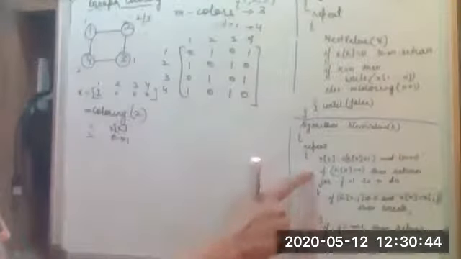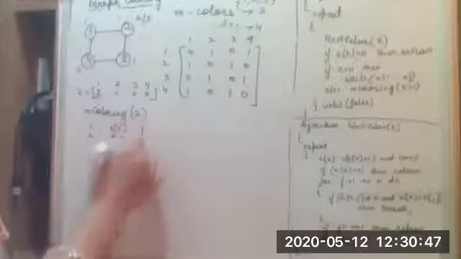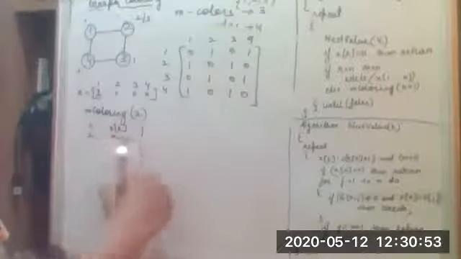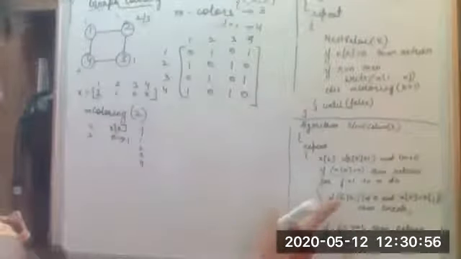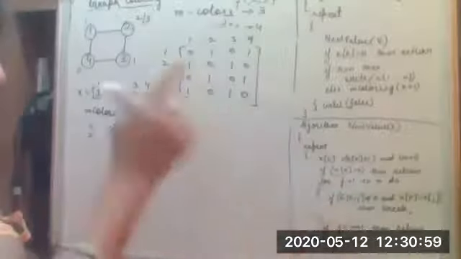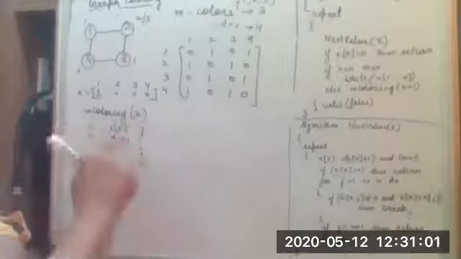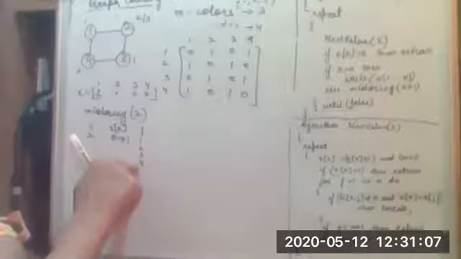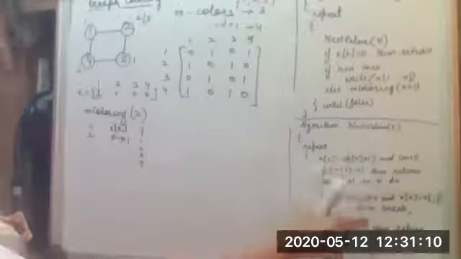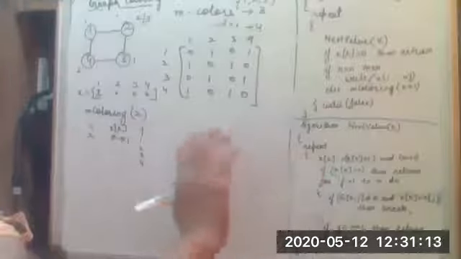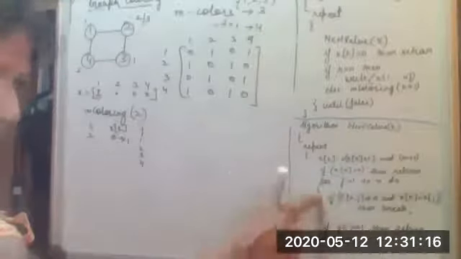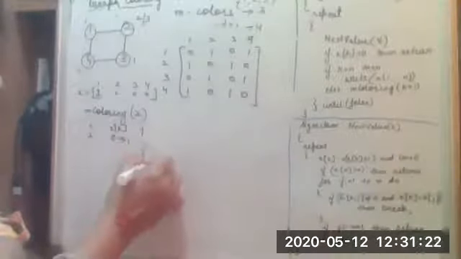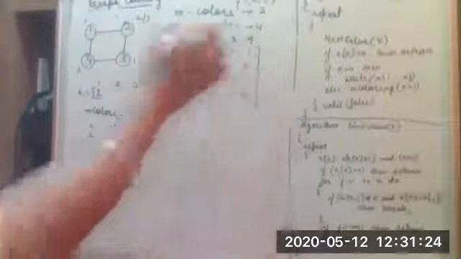So this is false. Now what it is doing is j value goes from 1 to n, that means for the 4 nodes. It is trying to find out whether there is a path from this kth node to the jth node. So whether there is a path from 2 to 1, 2 to 2, 2 to 3, 2 to 4. If it is not equal to 0, then only it is going to work. If it is equal to 0, then it is not going to move into this if condition. So for 2 to 2, it is 0. 2 to 4 also it is 0.